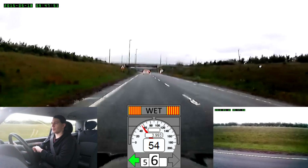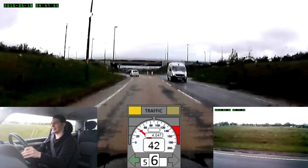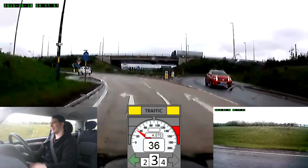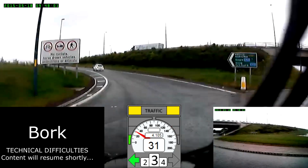So generally when it's bad weather, even though it is the middle of the day, you don't need the lights to see. It's always a good idea to put your lights on, because for the cars coming ahead, you've got your